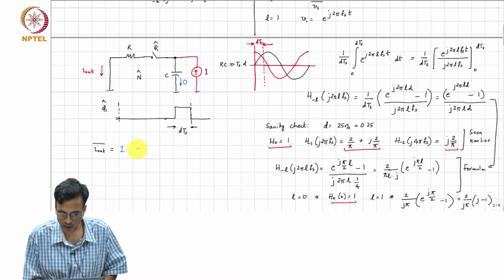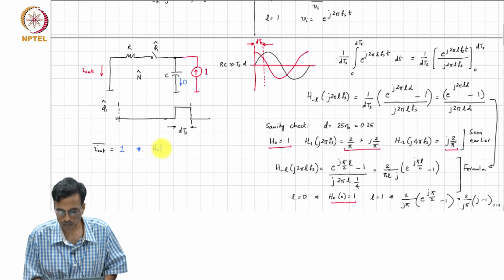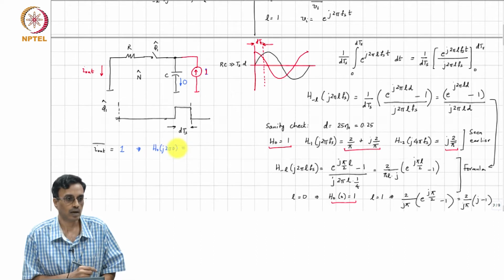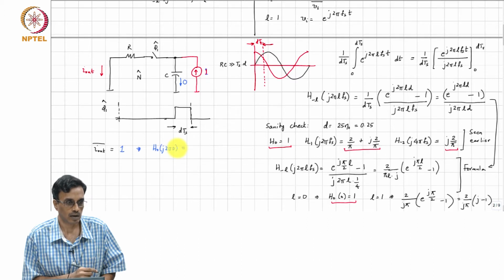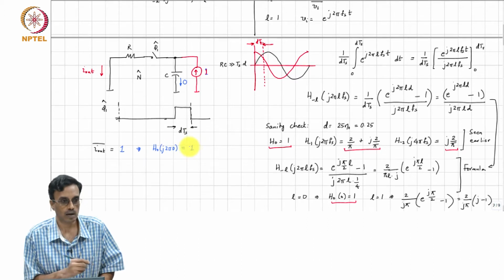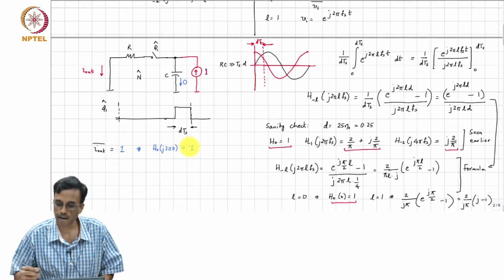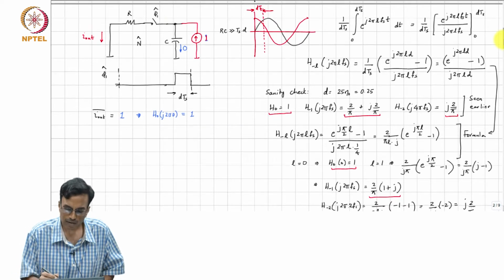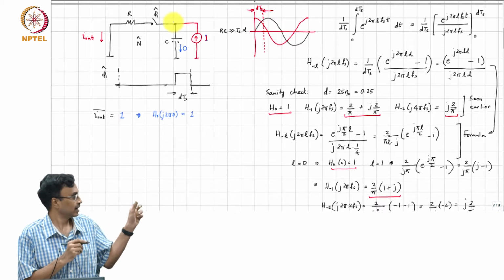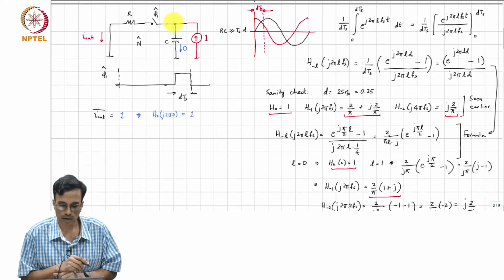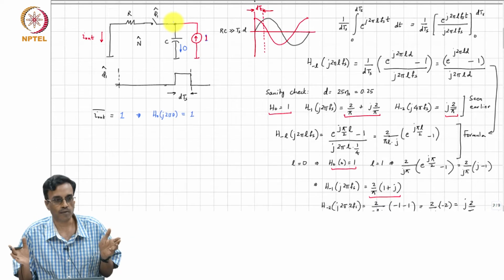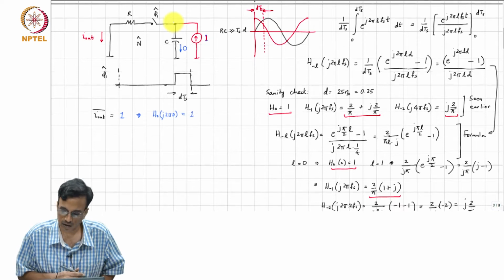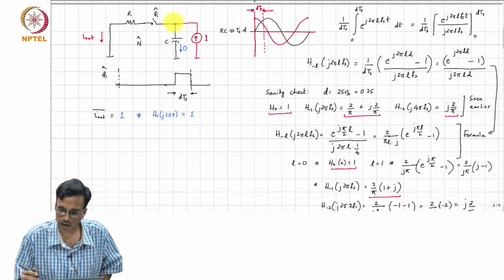Okay. So, therefore, this means that H0 of j2π0 must be 1. Understand? All right. Okay. Now, what comment can we make about the waveform? We need to find the steady state output current waveform and look at its Fourier coefficients, and they will give us all the strengths of all the harmonic transfer functions that we want.